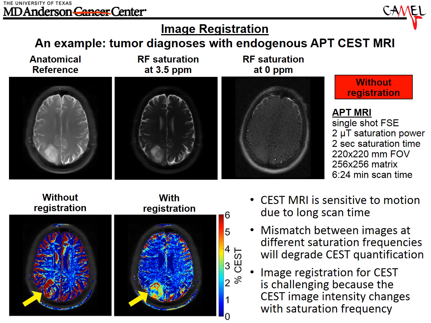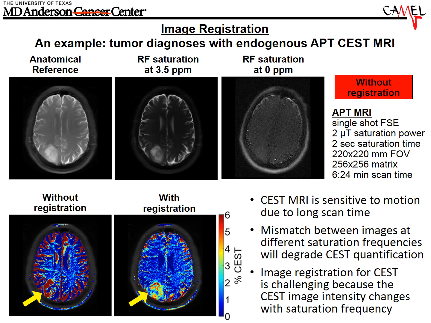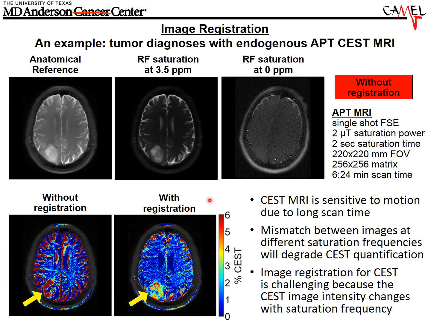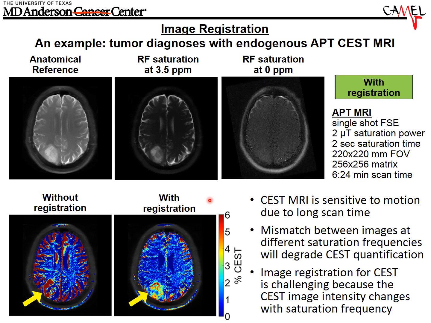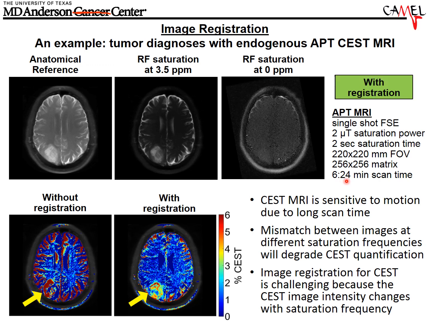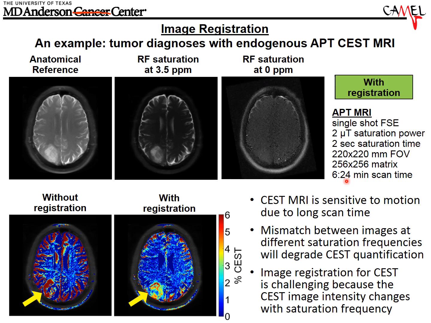Okay, to get to our third topic, I'd like to briefly describe image registration. I think I'm a bit preaching to the choir. We all know that image registration is really critical in a lot of imaging experiments. Here's a case that Su Zhang has been using in our laboratory to look at glioblastoma patients using CEST MRI. CEST requires a series of images to be acquired over several minutes. I guess there it's 6 minutes and 24 seconds total scan time for all those images. And therefore, if the patient moves, that will destroy the quality of the data for doing the CEST MRI